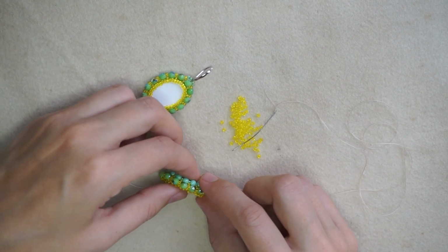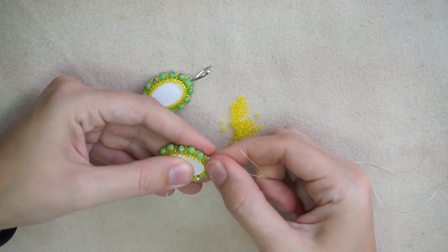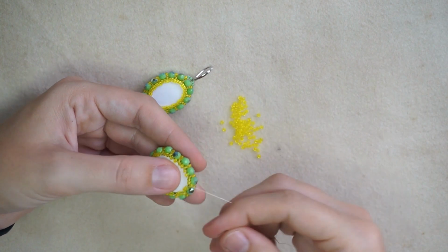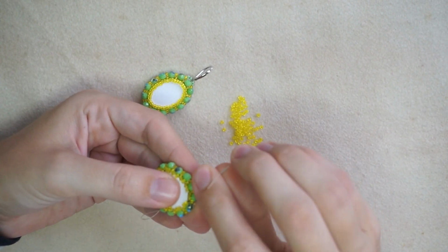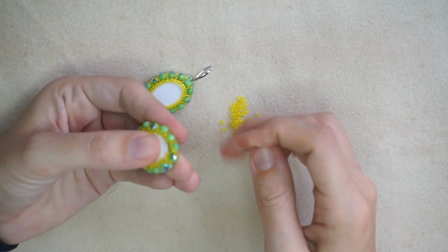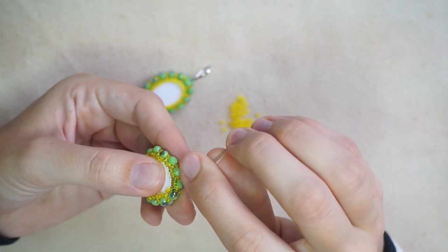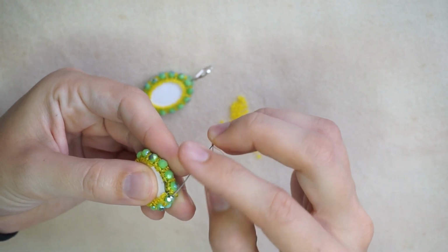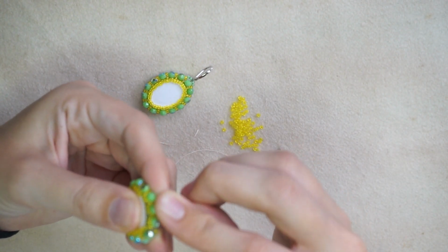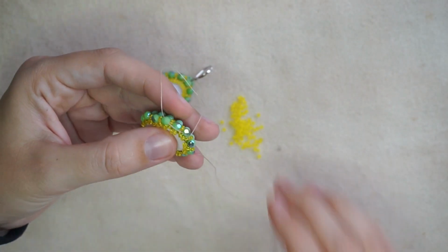Okay, then I will carefully pick it up and pull again, and then I want to progress through the fire polished bead, this one which is below the last, or it's a part of the last right angle unit. I don't want to catch another thread with my needle, as it happened today, and pull